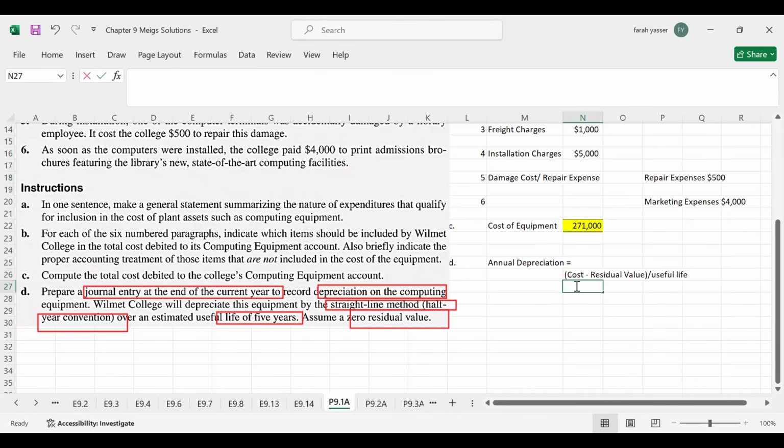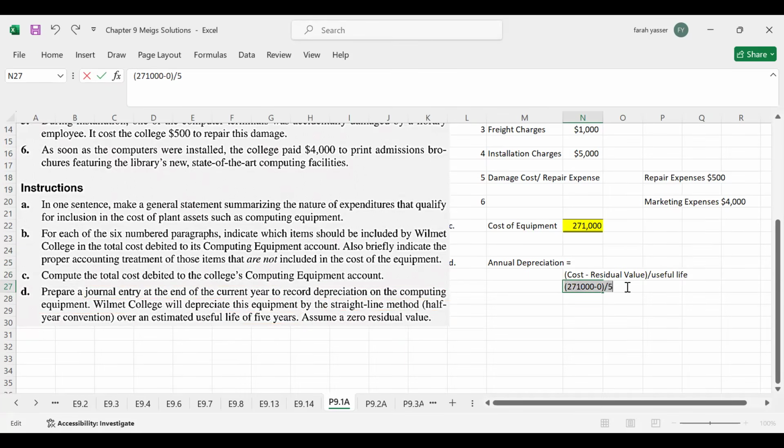So the cost we have just calculated is 2,71,000 minus residual value, because there is no residual value here. It is given, assume zero residual value. So zero is the residual value, divided by useful life, which is 5 years. Here 5 years are given. This one, life, 5 years life. So life is also given. So the annual depreciation would be